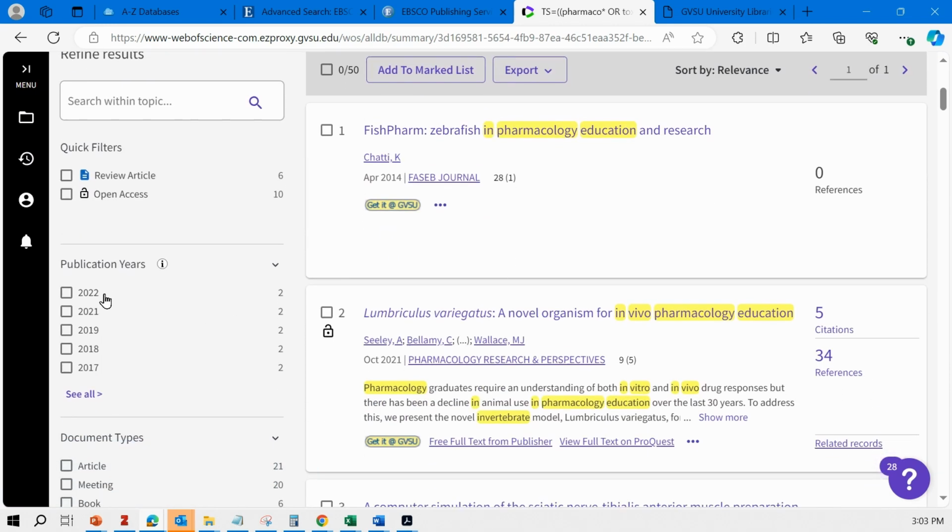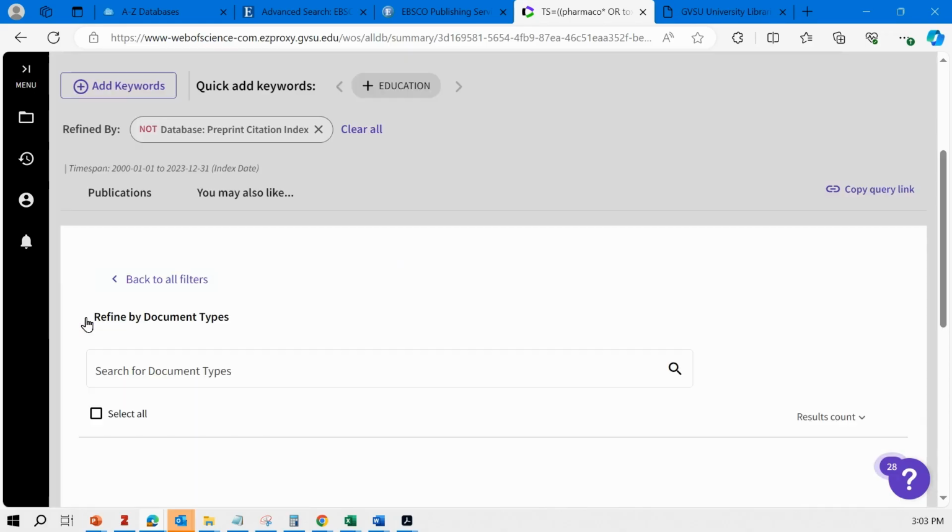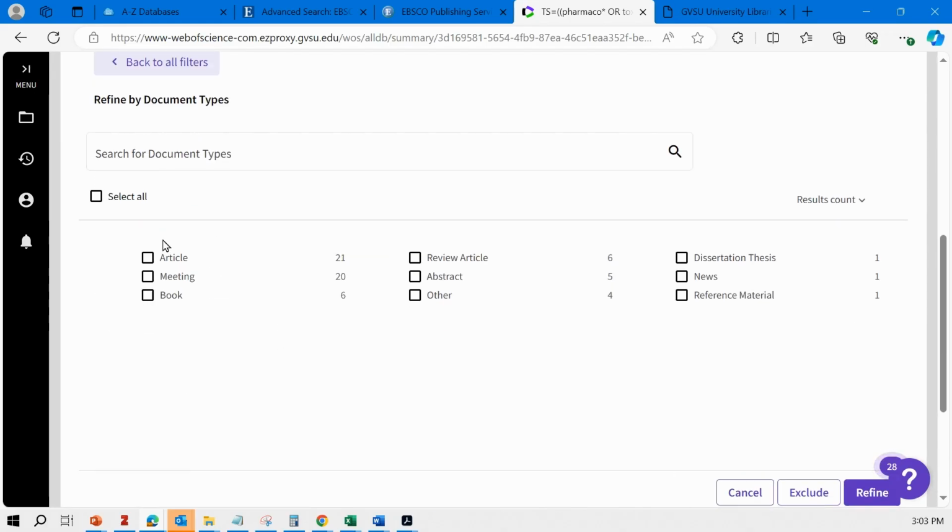So there was 2 in 2022, 2 in 2021. In my case, I don't want a review article. Okay. I don't want a quick review article. So what I will do here is I'll go to document type, and I'm going to see all. And I want articles. I don't want meeting abstracts,